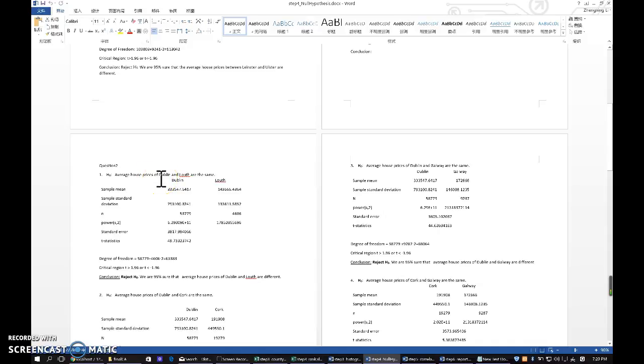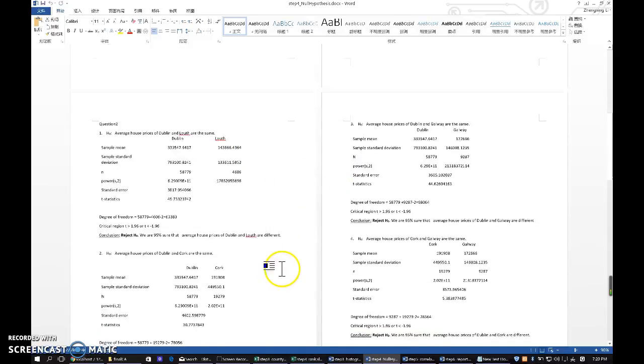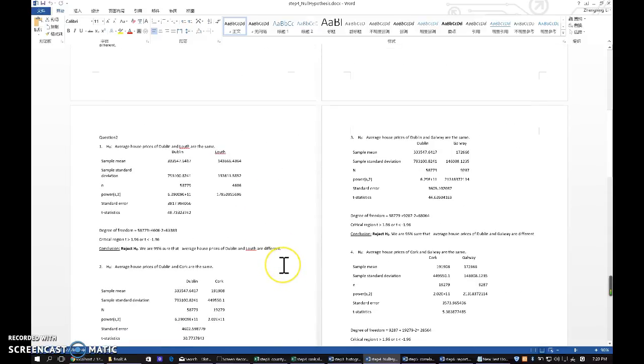We choose counties in the north part, the west part, the south part, and the east part, which are Dublin, Louth, Galway, and Cork, and we make comparisons with each other. The first is average house prices of Dublin and Louth are the same, and the steps are the same as above,